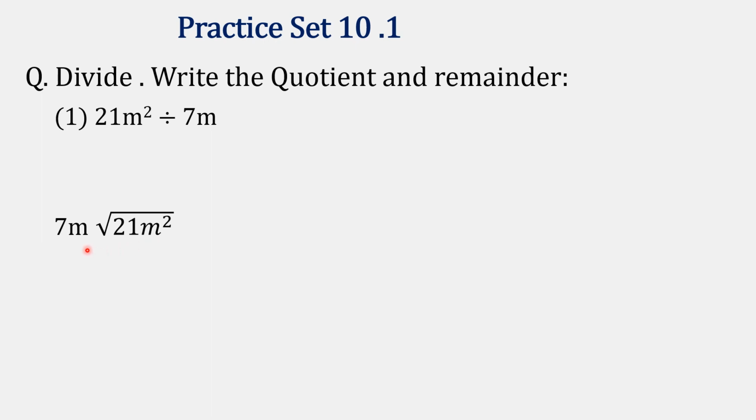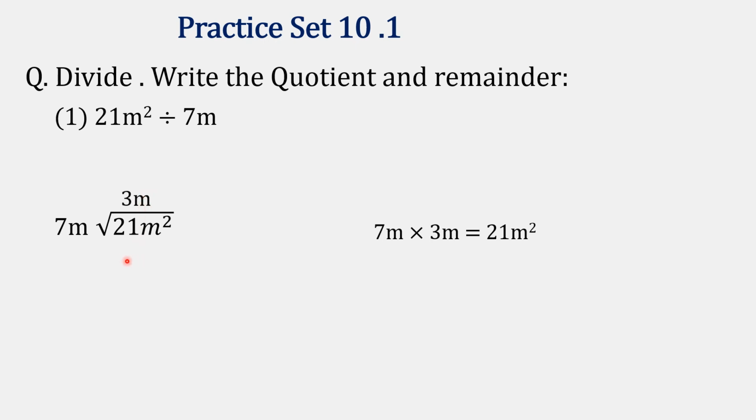But here m square is there and here we have variable m. So you need to multiply m also. So means if you multiply students 7m into 3m, means 7 3s are 21 you'll get, and m square is there students. So m into m, it will become m square, means you need 3m. So here in the quotient part you'll write down 3m.